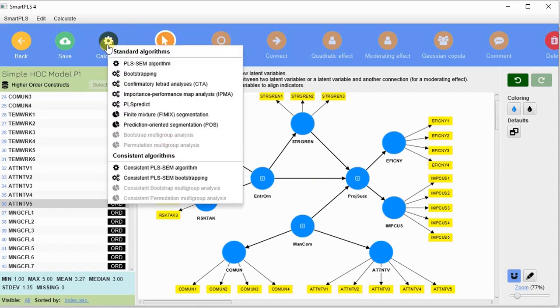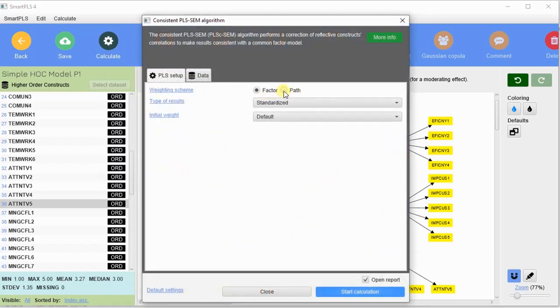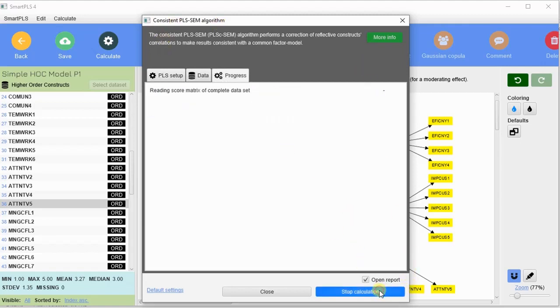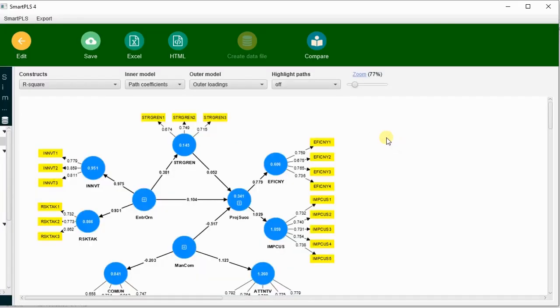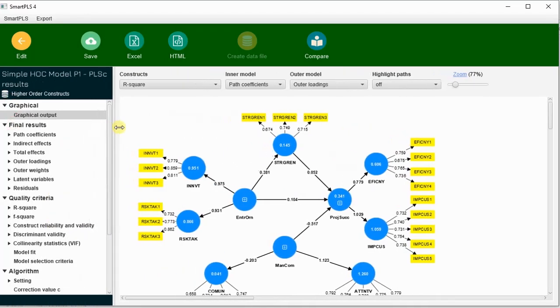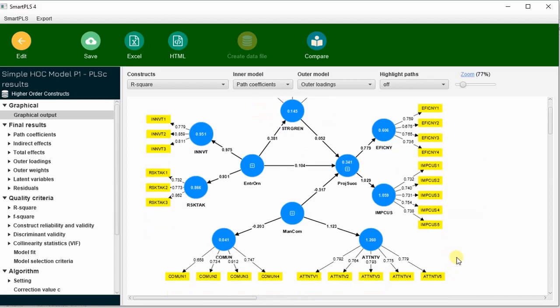Okay, just go to calculate, the consistent PLS algorithm, and simply it will remain a factor analysis. All other things will remain the same, and just click on the start calculation option. The results will be generated and a report will be shown here. You can see the results are shown here. Now you can see that these are the factor loadings, the outer loadings, for the constructs,